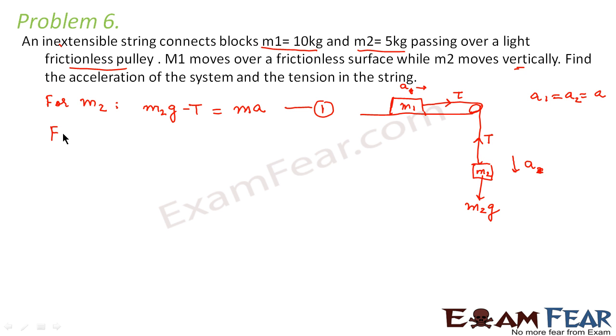Now let us write a similar equation for M1. Now what is the net force on M1? T. There is no other force which is acting here. Moreover, there is no friction, so there will be no frictional force. The question already says that it is a frictionless surface. That means there will be no frictional force between the block and the surface. So the net force on this is T. So this T will again become equal to force, that is mass into acceleration. So that will be M1 into A. I'm sorry, here I missed out. This was M2 because the mass of this block is M2. So this is my second equation.